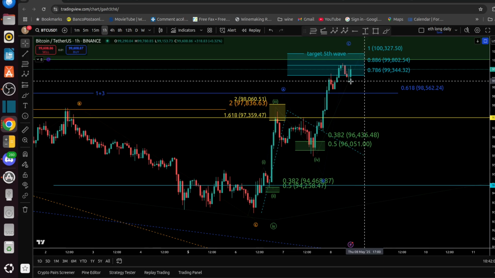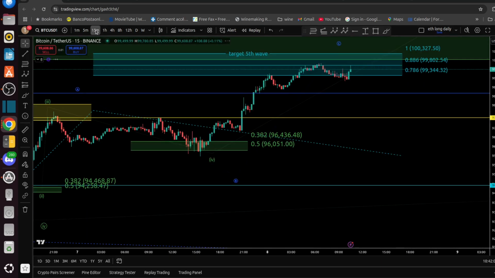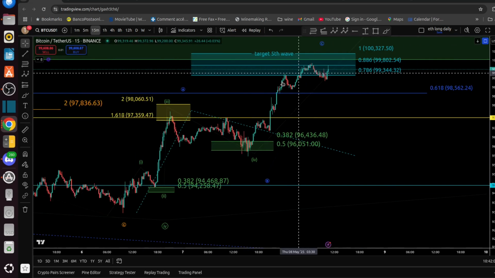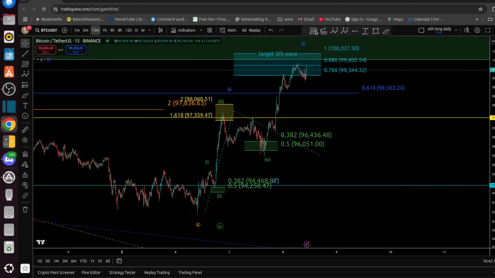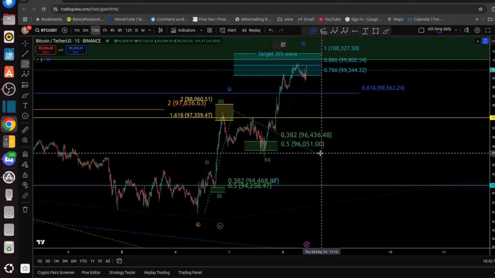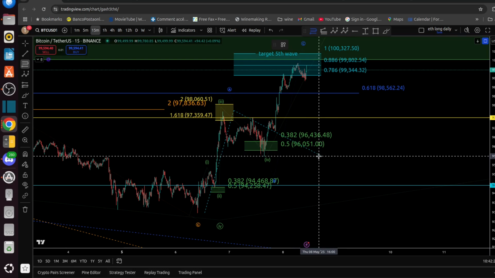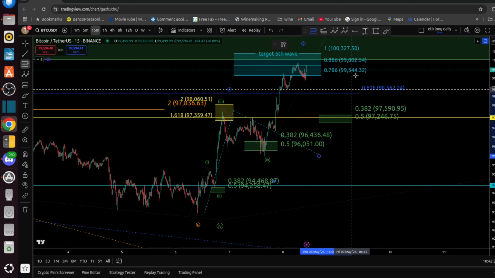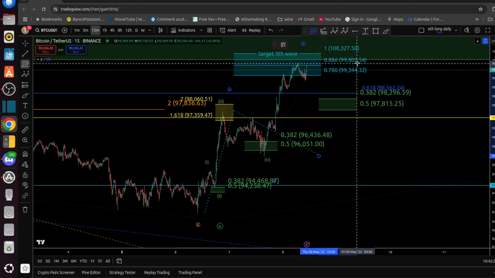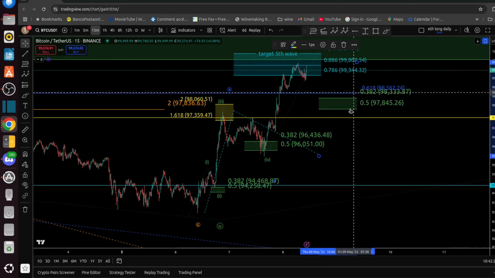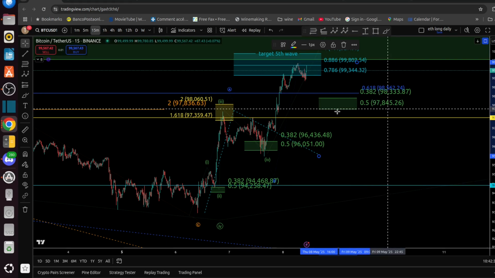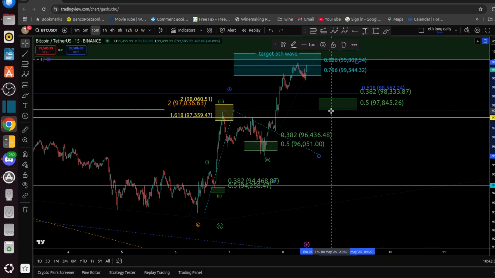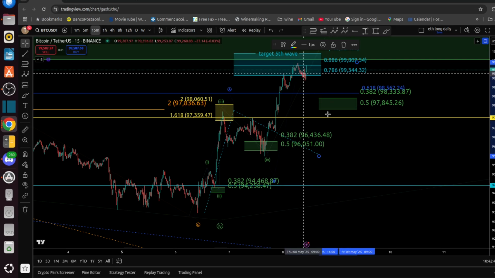So, saying that, I'm going to say that if the price, let me check here, first sign that we could have reached the top, or first hint, should I say, if price goes below 97,845, for me is the first hint that momentum is shifting, right?